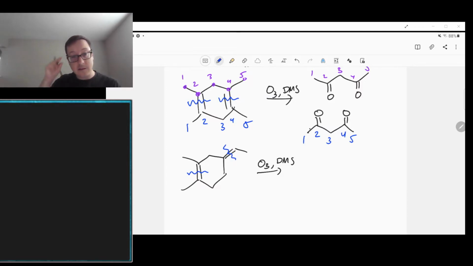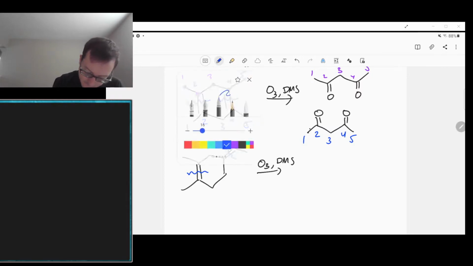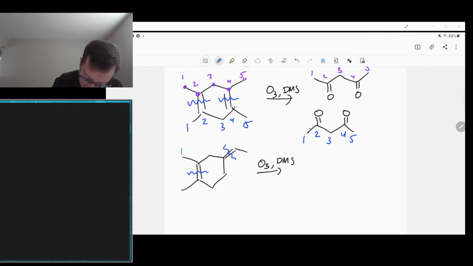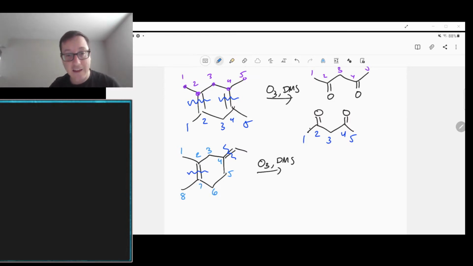And so it's important that we keep track of what's connected to what. So we have 1, 2, 3, and these numbers aren't for naming or anything. These are just arbitrary numbers so that I know how many carbons are in my final molecule. So in this case, we're going to end up with something with 8 carbons,